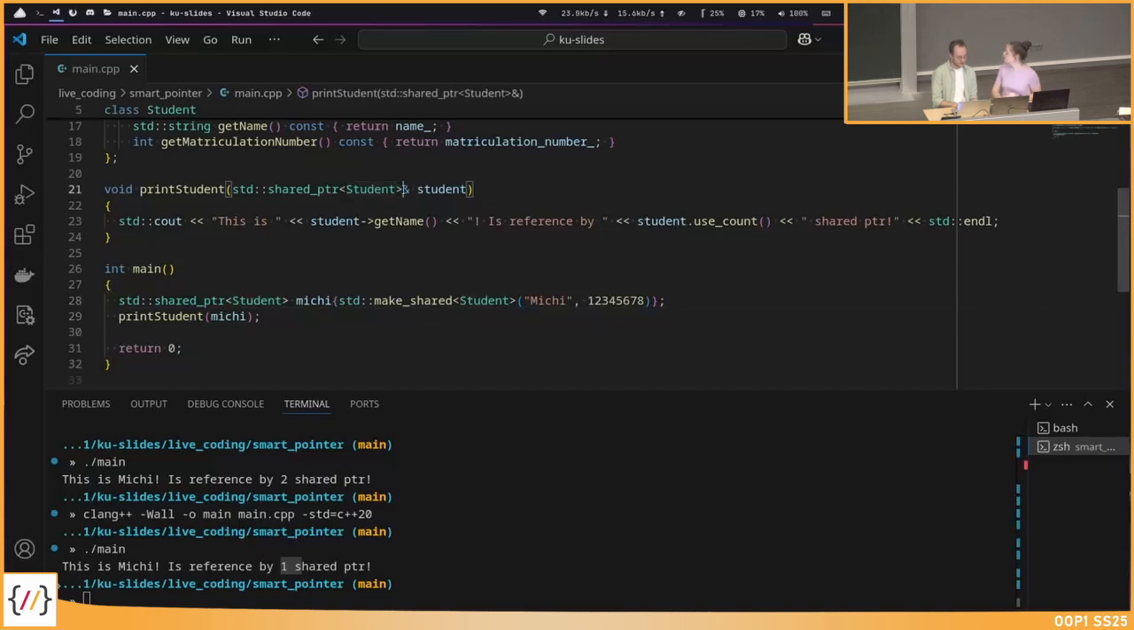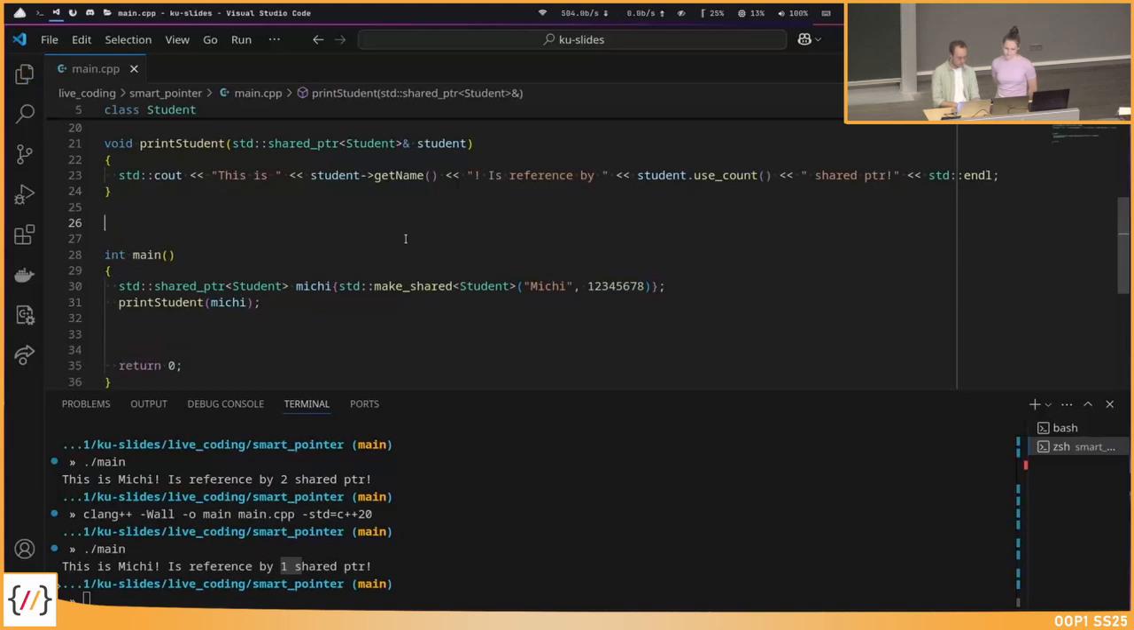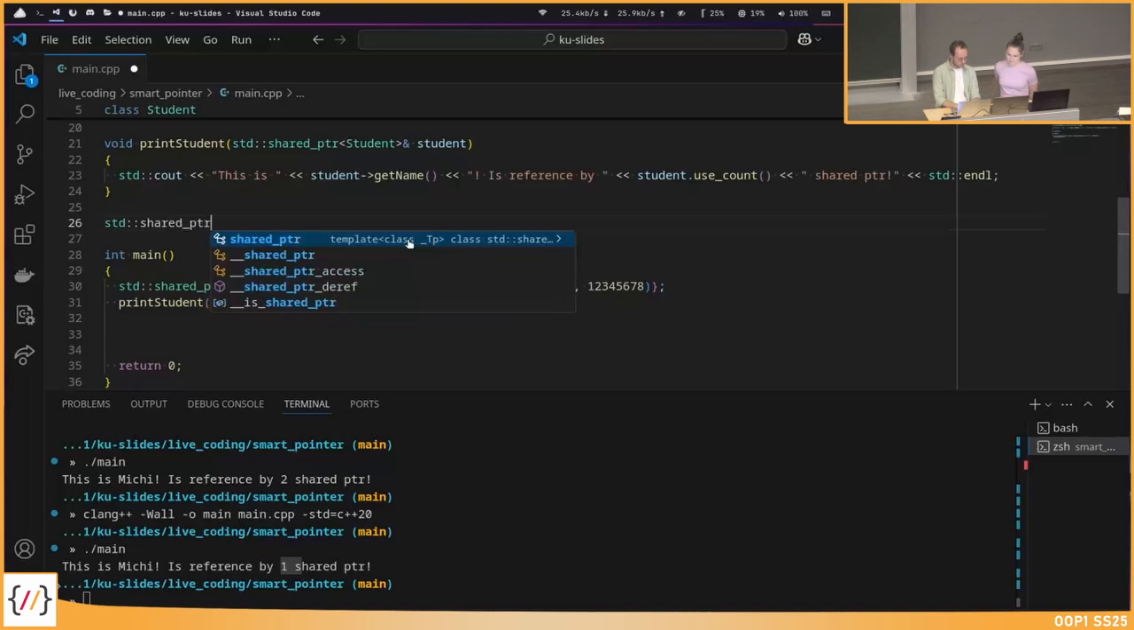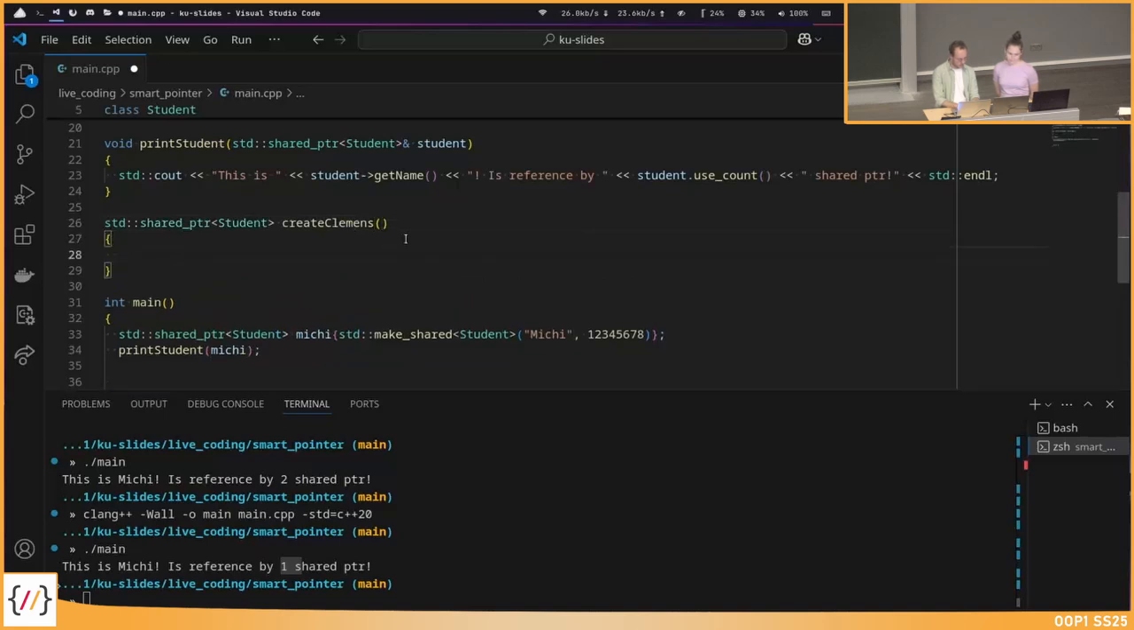I want to keep it now here because I don't want this shared pointer to be counted. I want to continue in the main for a few more things. So maybe what we can also do, just to demonstrate this, is write a function which returns a shared pointer. We could just return a shared pointer of the student from a function, and maybe we create Clemens and make a shared pointer of type student, call it Clemens,